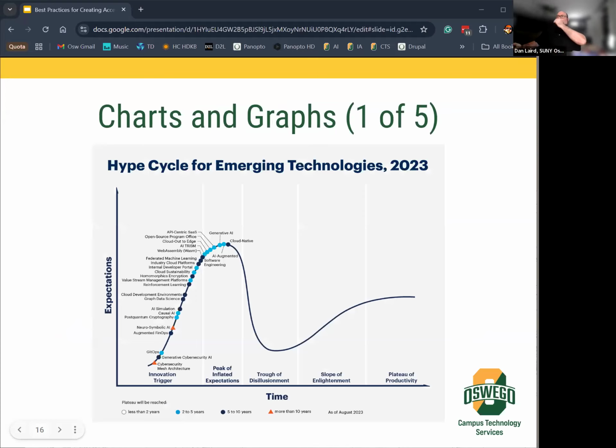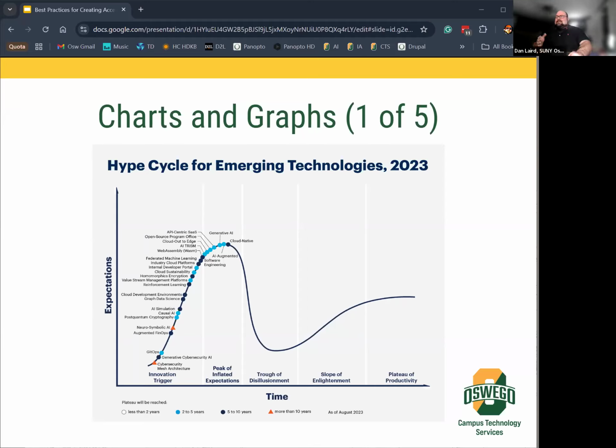And this is my favorite part, charts and graphs. This is an actual example of a presentation I went to with a graph that kind of shows the life cycle of these products. And the first thing the presenter said was, "I know you can't read this, but," and I'm just like, well, if I can't read it, then why is it up on the screen? What's the purpose of this?